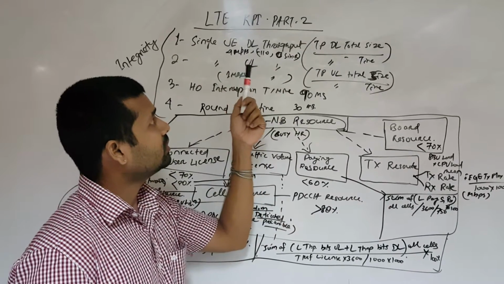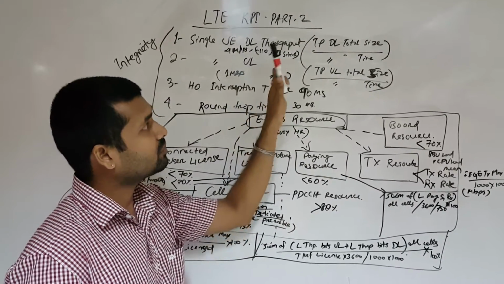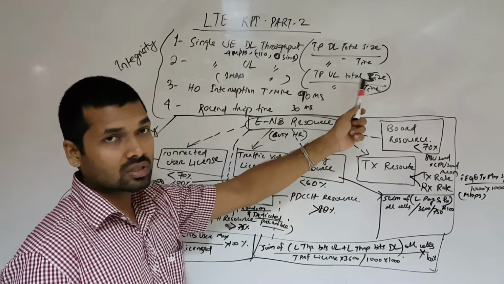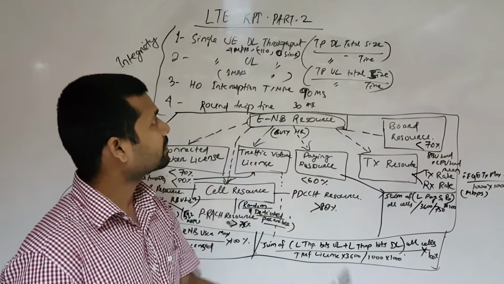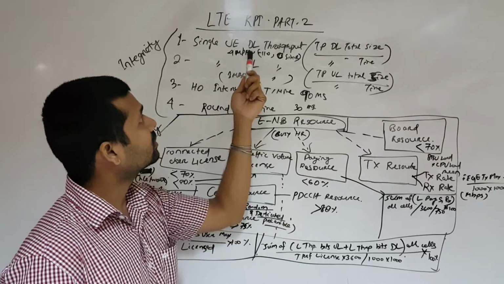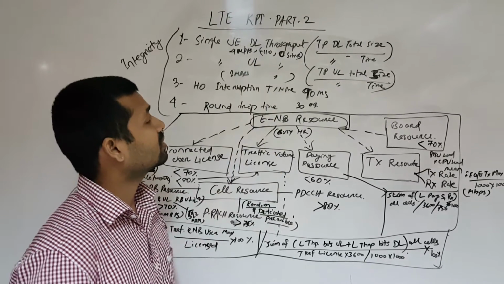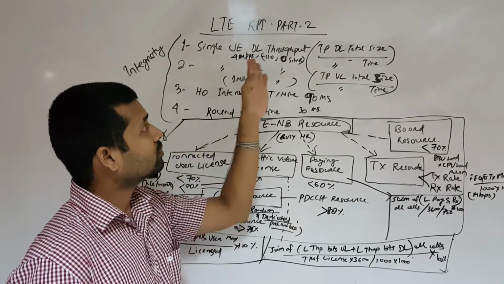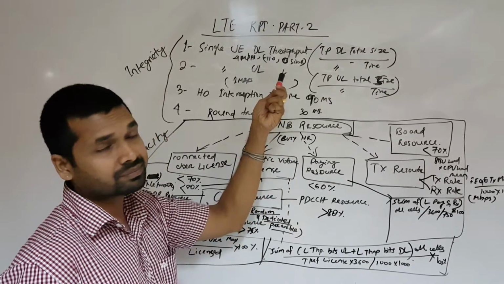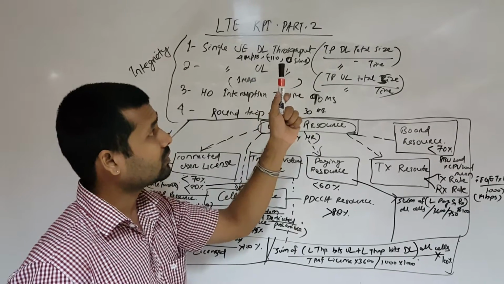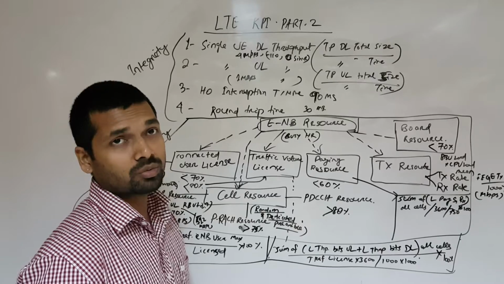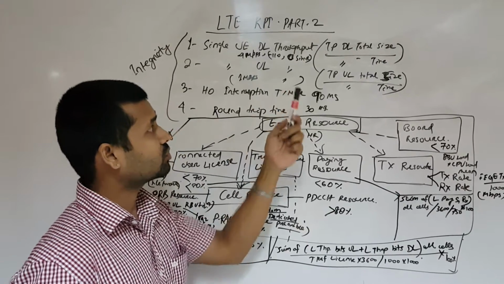Then single UE uplink throughput, same thing only in the uplink. The formula is throughput uplink total size divided by total time. Criteria, most of the samples should be greater than 1 Mbps. In downlink, most of the user throughput should be greater than 4 Mbps. Radio condition being the same, minus 110 RSRP, and the SINR should be better than 0 dB, greater than 0 dB.